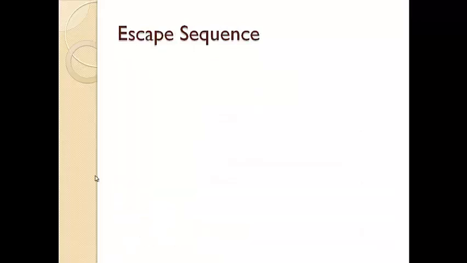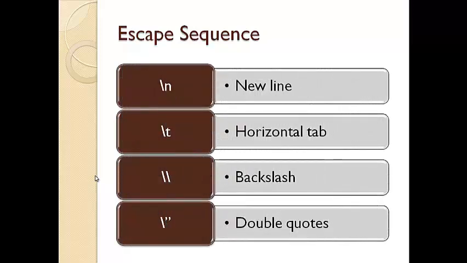The next topic is escape sequence. It is a sequence of characters used in formatting the output, and it is not displayed while printing. It is composed of a sequence of characters following a backslash. Here is the list of escape sequences that we use normally in our C programs. \n shifts the cursor's control to a new line. \t leaves a horizontal space in the console screen. And the next two are used to display the backslash and double quotes in the console screen. Now let's move on to the coding window to see how it all works in C.